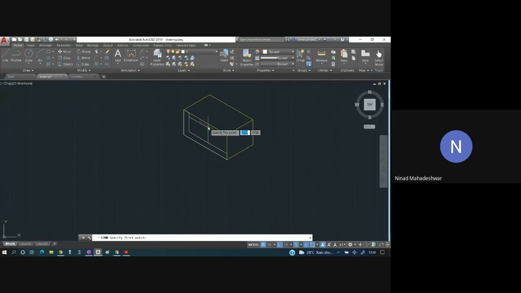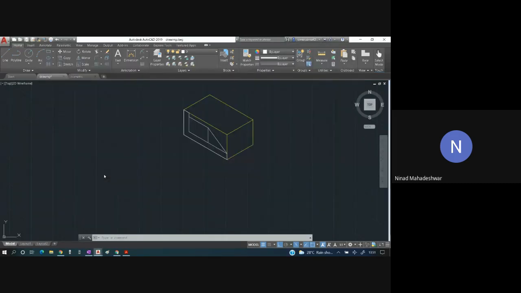So I'll click over here. Ortho should be off, function F8, ortho is off, and join it over here. So this also I have drawn. I will switch on ortho again, function F8. The ortho function is over here. So now I have done this.